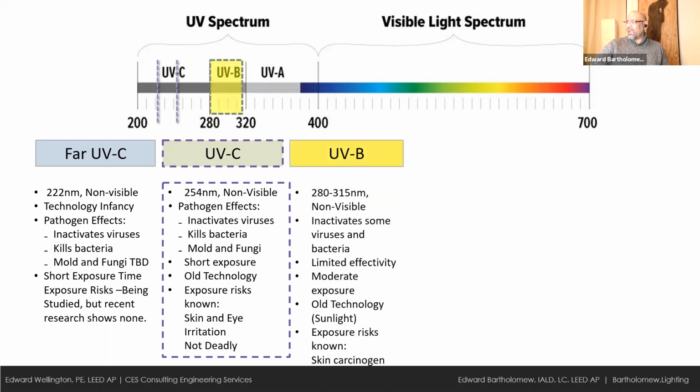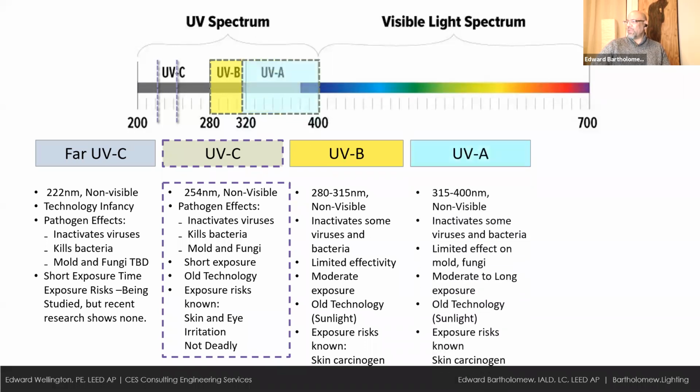UVB, again, is non-visible and it inactivates some viruses and bacteria. This is in the 280 to 315 nanometer range. It has limited effectiveness for viruses and mold, and moderate exposure times are needed to produce those effects. It's an older technology, including sunlight, and does have exposure risks, including as a skin carcinogen, which many of you are